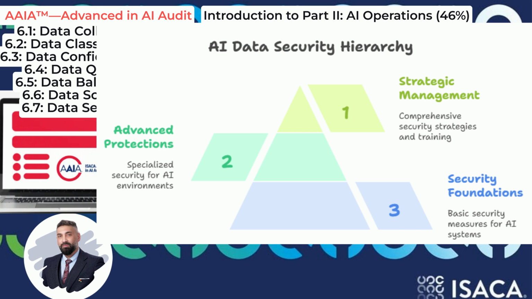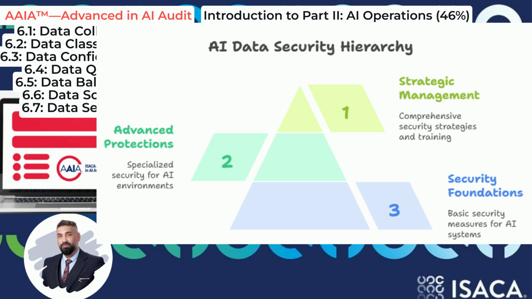Comprehensive security risk assessment. Specifically, identify and assess the security risks related to AI data, models, and infrastructure. Strong authentication and authorization. Implement robust mechanisms like multi-factor authentication, MFA, role-based access control, RBAC, attribute-based access control, ABAC, and the principle of least privilege. Encryption. Encrypt data at rest, in transit, and consider encrypting the AI models themselves. Secure data storage and infrastructure hardening. This includes securing MLOps environments, databases, and any cloud services used for AI.